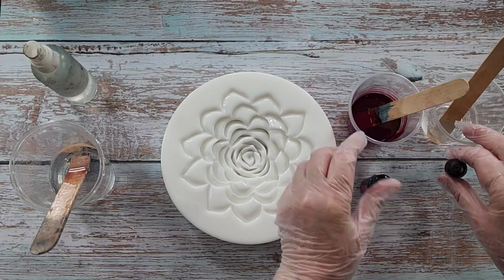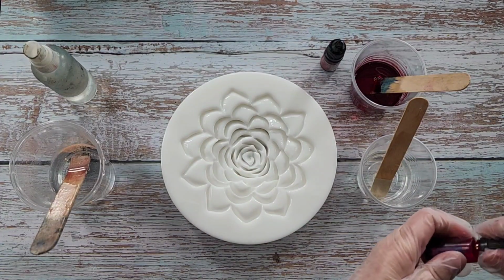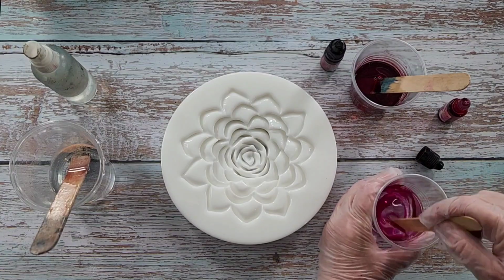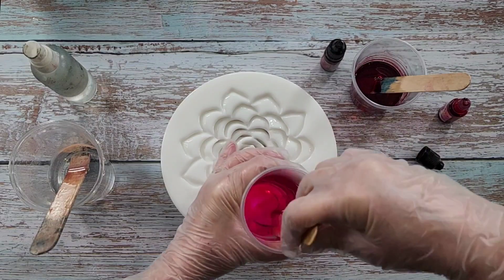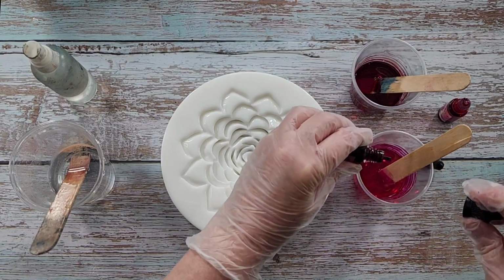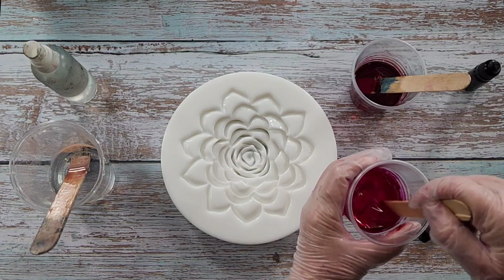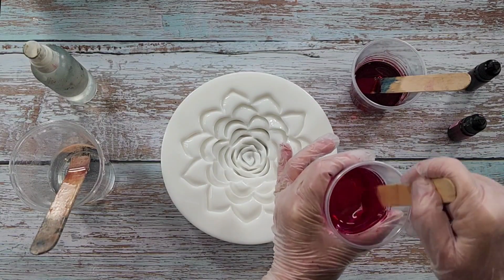Now this one is magenta, and depending on how it looks, I may add a drop of red. 1, 2, 3, 4, 5. So I'll do 5 drops of each. I wanted like similar shades, but not the same. Okay, that's looking a little bit pink for me. Let's add 1 drop of red and just see how that goes. I don't want the colors to be too similar, but I do want them to be, that